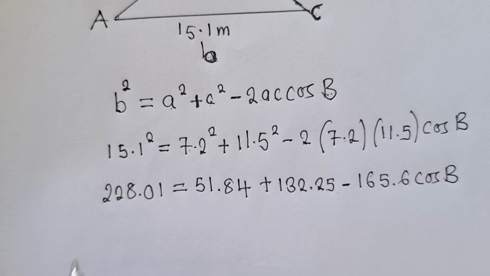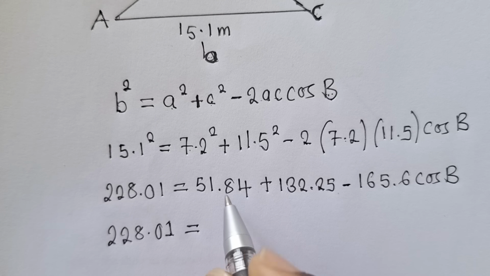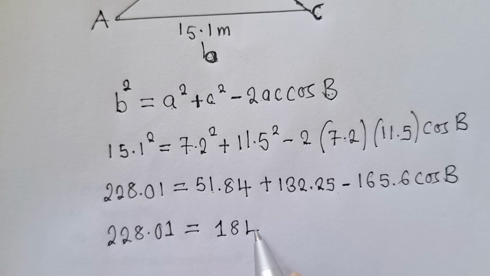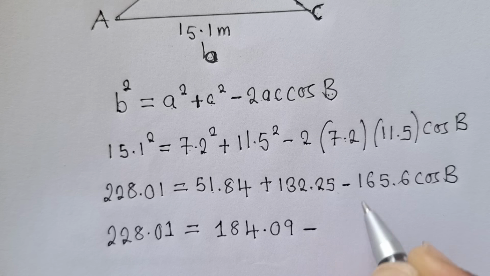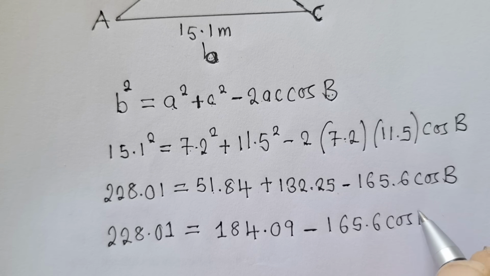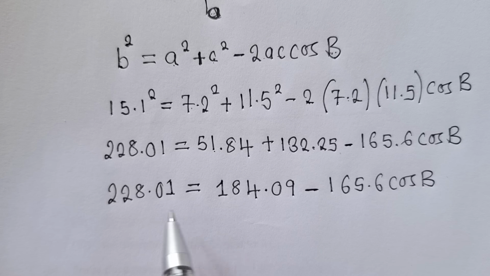So now from here, we write 228.01, we maintain, is equal to, we now add these two, and when we add them, we're going to get 184.09. Then we say minus 165.6 cos capital letter B, which we are looking for. So the next thing here is just to group the like terms. We've got 228.01